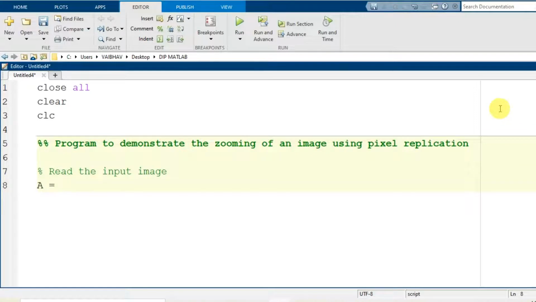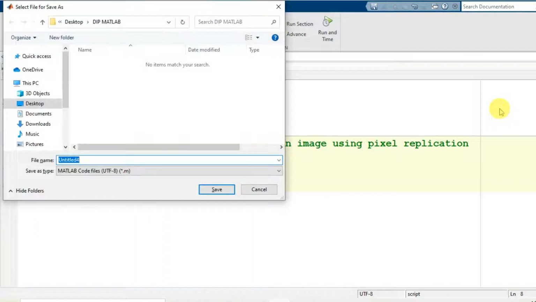Now here I will generate the variable capital A with the help of the imread MATLAB syntax followed by a pair of parentheses, where inside you need to mention the name of the image along with its file type, within a pair of single quotes. Here I suppress its output by writing a semicolon at the end. The output will be suppressed on the command prompt. For display of the image we will use particular syntaxes that I will show you later. Just now I save this script with the name program_23, for example. .m will be the file extension.